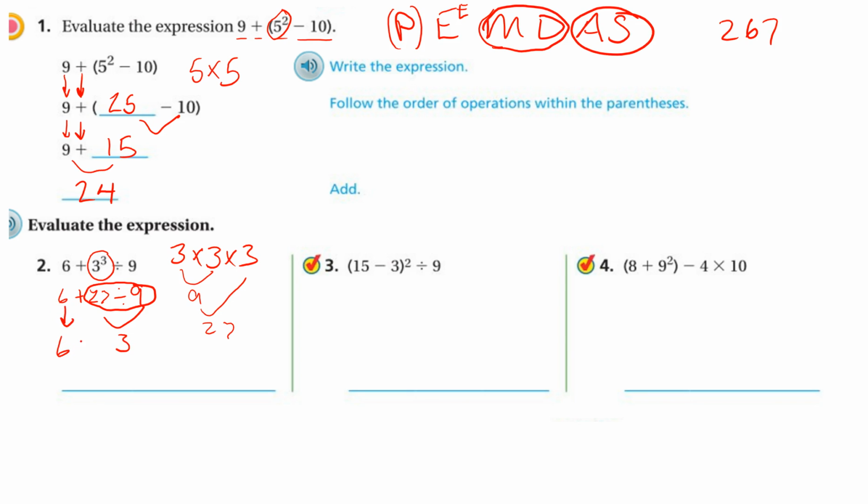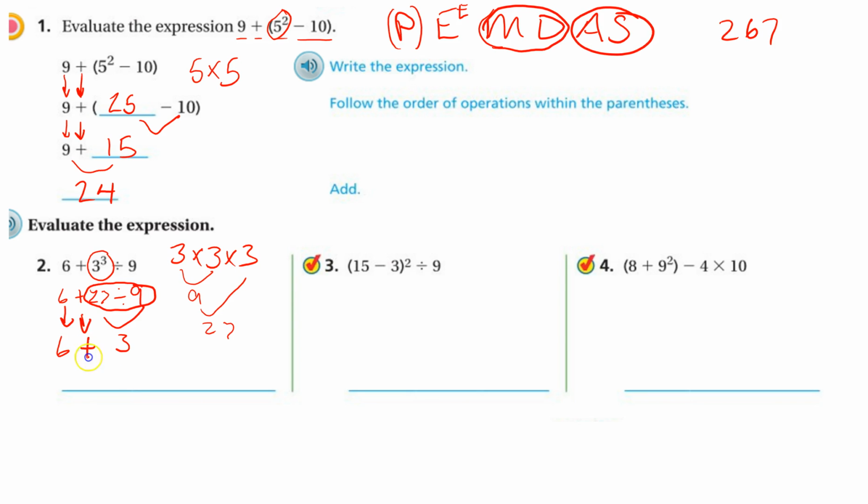Bring everything else down. Plus sign. Whoops. I started drawing a multiplication sign. So now we have 6 plus 3. And 6 plus 3 is 9. There's my final answer. Okay. Again, evaluate just means find the value. Okay. So, next step,